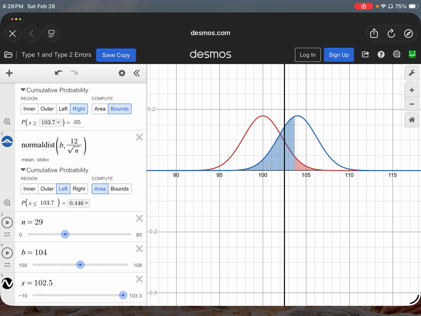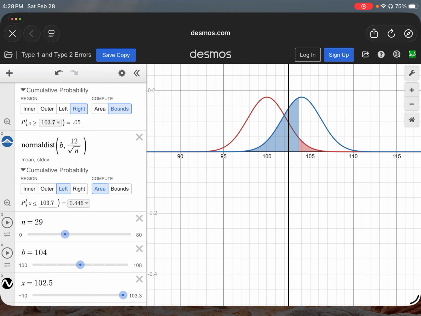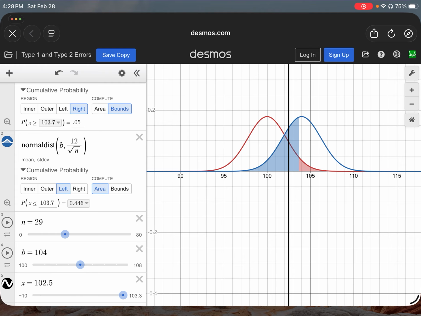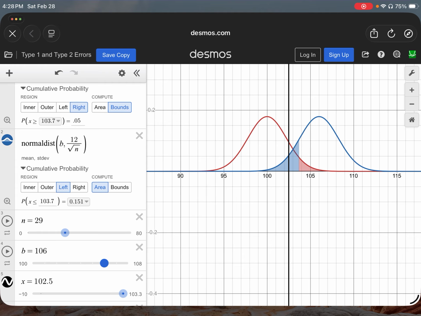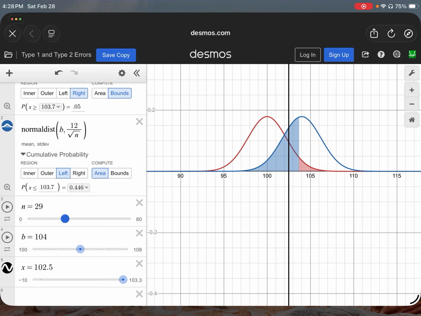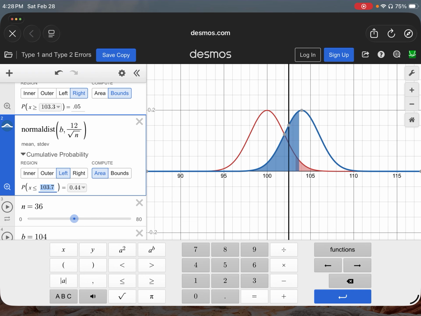One last idea. What if I take the blue curve and I move it away from the red curve? See this? Essentially and practically, what am I saying? I'm saying, what if the truth is further and further away from the null? What happens to these three things? Let me go back to my original sample size of 36, my 103.3,